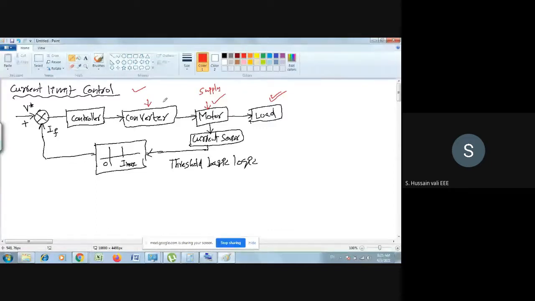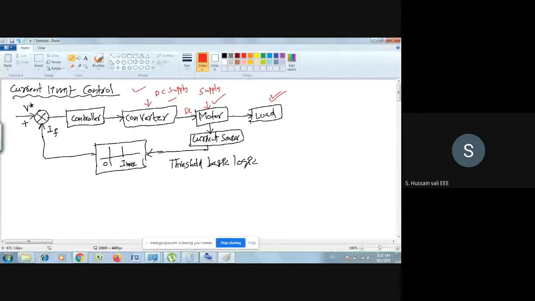The motor requires a DC supply, so this converter will convert whatever supply is there into DC and supply it to the motor.